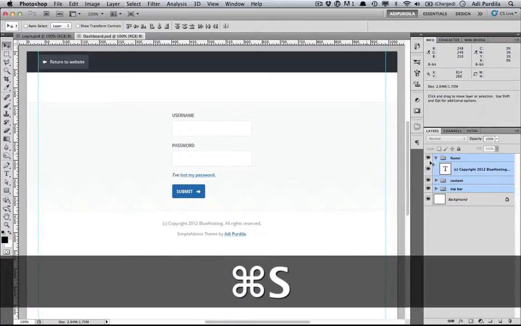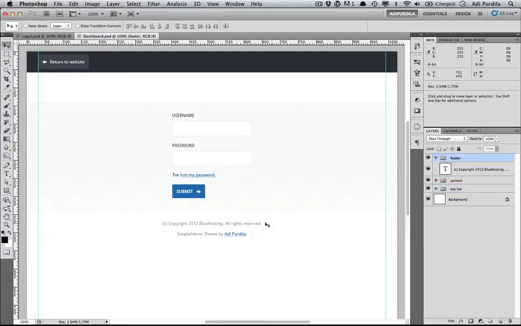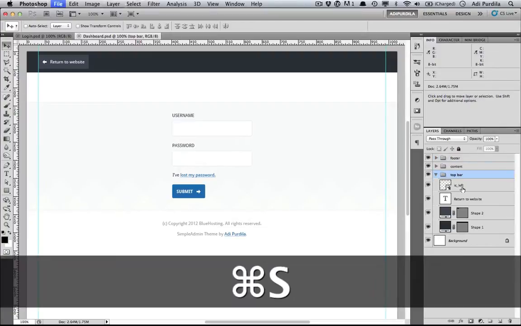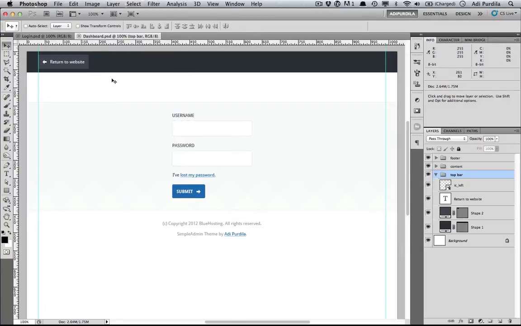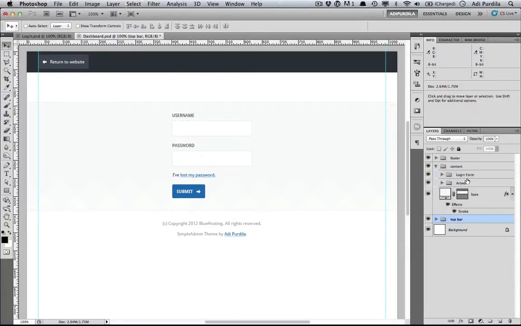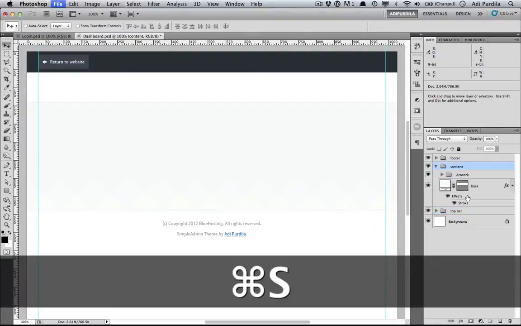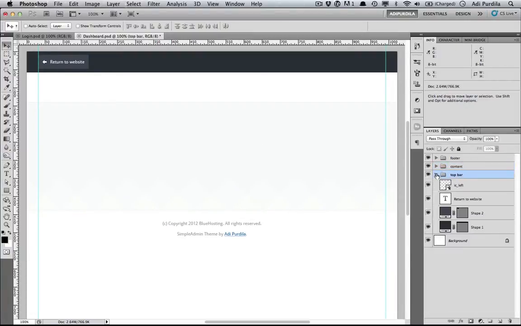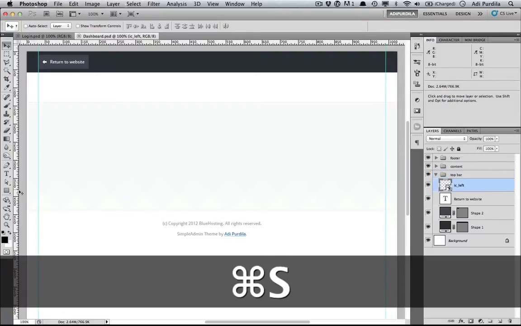The footer stays, the top bar will stay as well, only we'll add a couple of buttons, and in the content we don't really need the login form, so we'll just keep the artwork. Alright, so starting with the top bar,